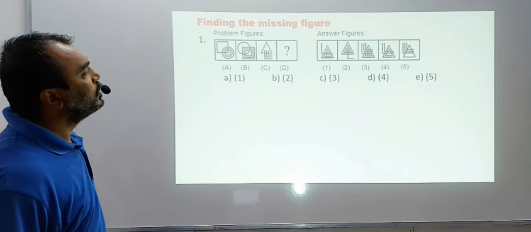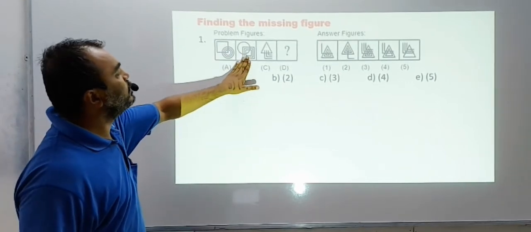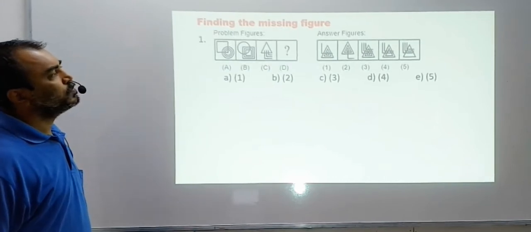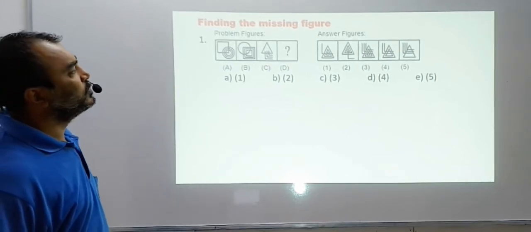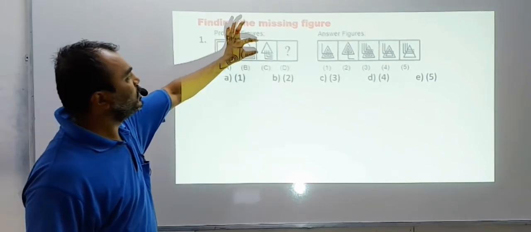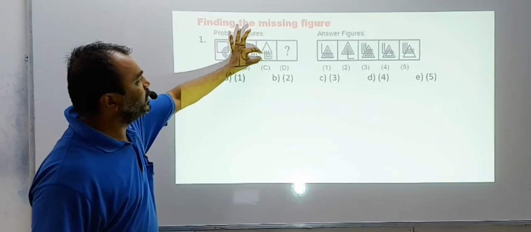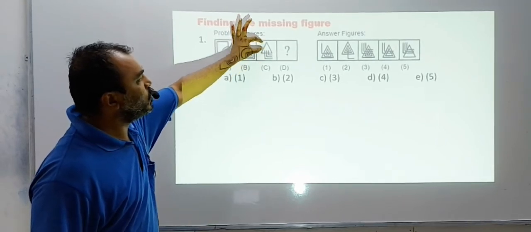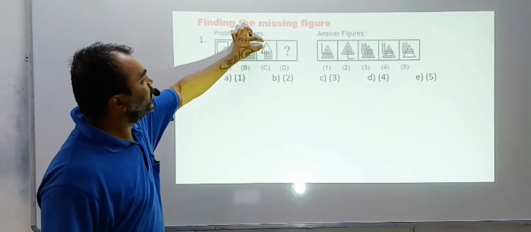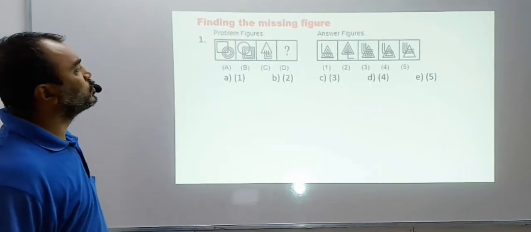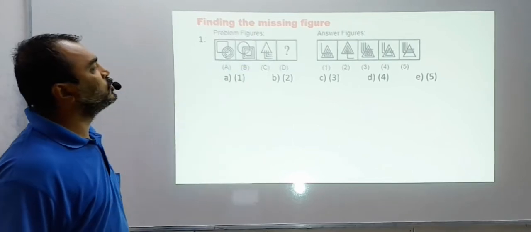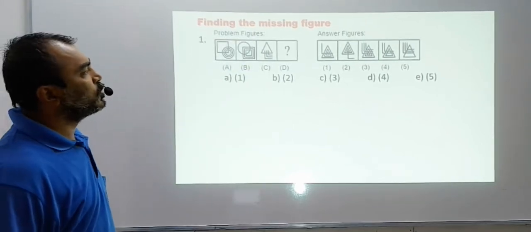So what will be the logic now? If A becomes B by this pattern, how does C turn into D? So what do you think will be the answer? Check the exchanging of the places. So triangle on the top, lines below. So now we have line on the top and triangle below, right? Line goes to top and triangle comes below. And the number changes also. Line was 3, so line should become 1. Triangle was 1, so triangle should become 3. So you must have got your answer.